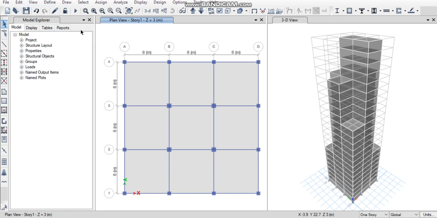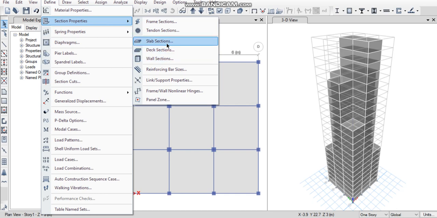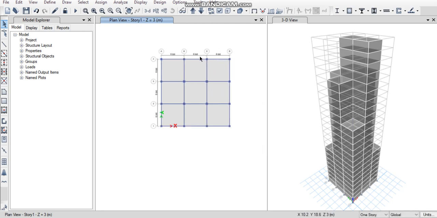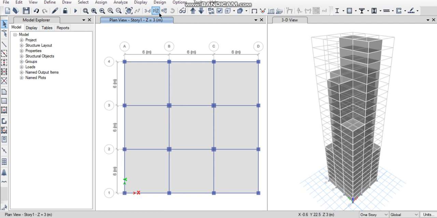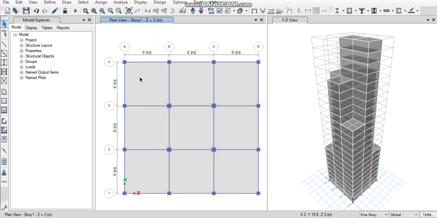We also have to define the slab sections, which is of 150 mm, by new property, and then we go to the plan of the first story and give the quick draw columns.